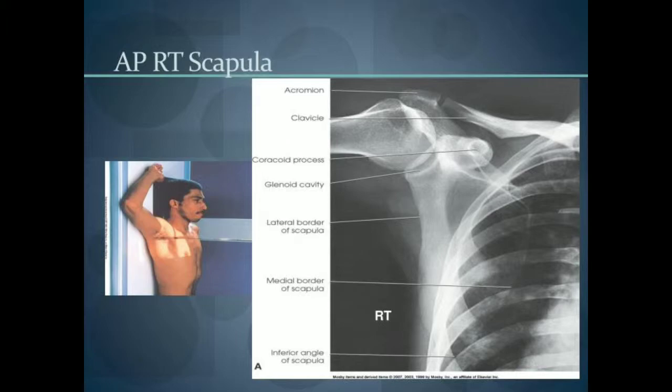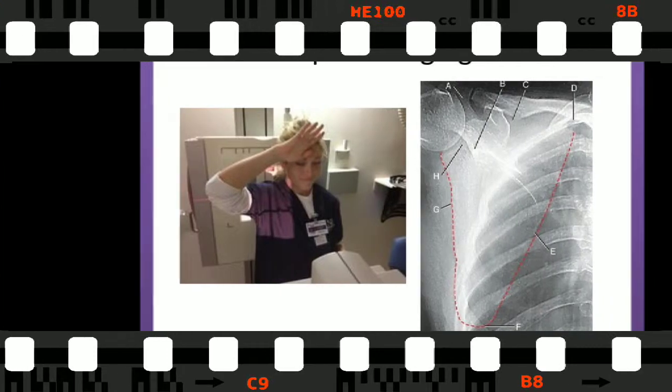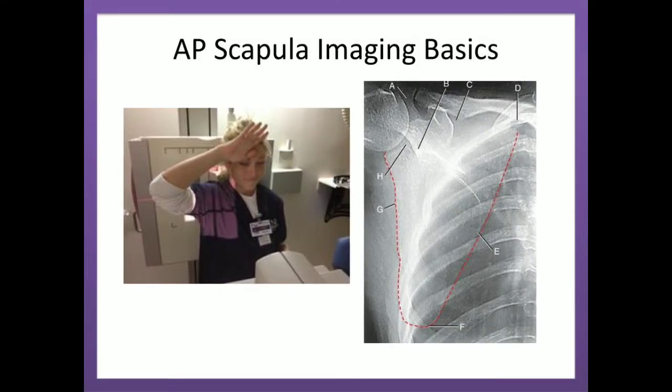We'll have the patient stand with their back to the Bucky. We'll center the affected scapula, and to do so, we'll find the coracoid process and center 2 inches inferior. For the right AP scapula, we'll have the patient do a right salute over the right eye and have their hand rolled backwards. At this position, you should see a pretty good AP scapula as the lateral border is not superimposed